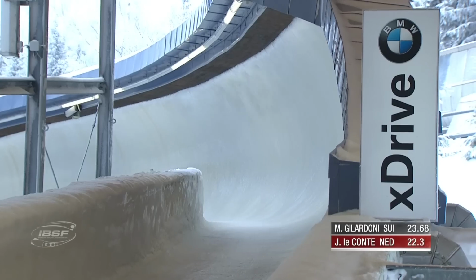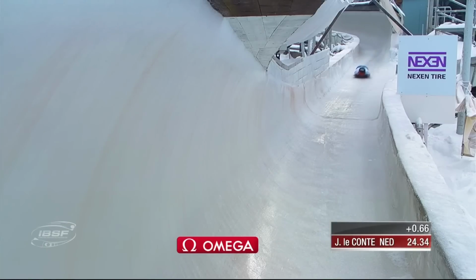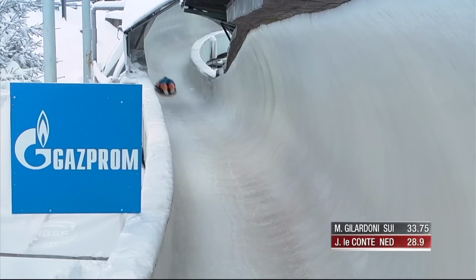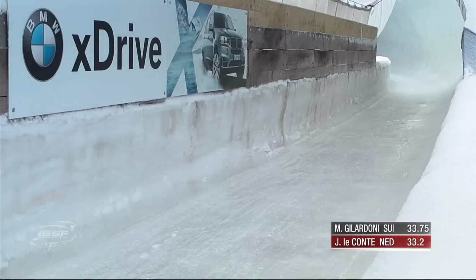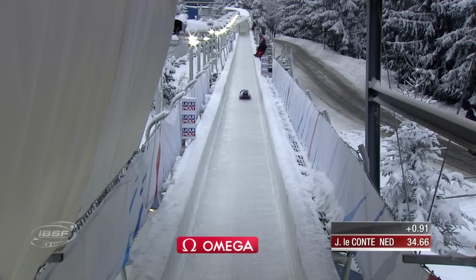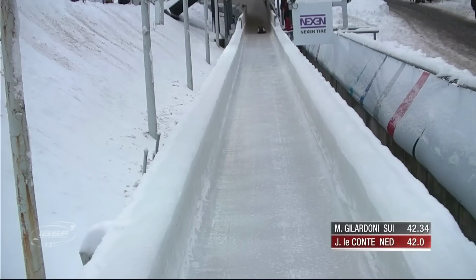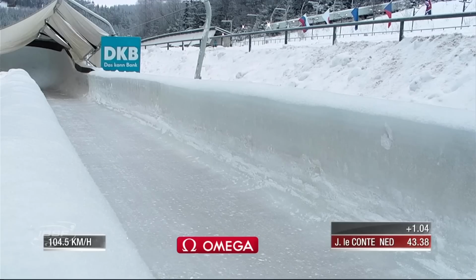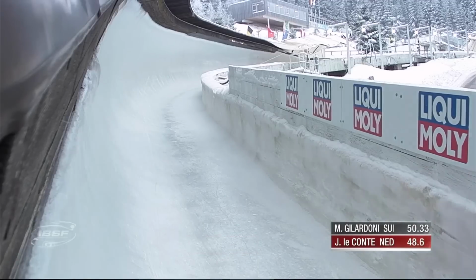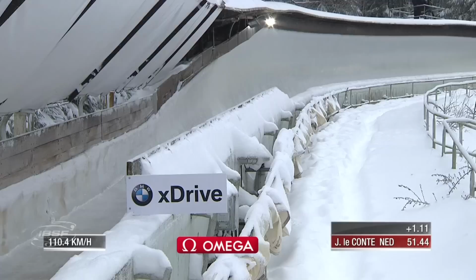Interesting how many girls have got a really loose sled, and is that a factor of having to guess what the ice is going to be like without the snow of the previous days? Yes and no. It really depends on how you want to slide the track and what your approach is going to be. Some of the athletes are going to have sharper runners, some are going to go for blunter runners. And then again, you really want to match your equipment to the weather conditions and to the track. So it's hard for me to say here what Joske is after, what sort of balance she's trying to get. A little bit of a touch there out of 14